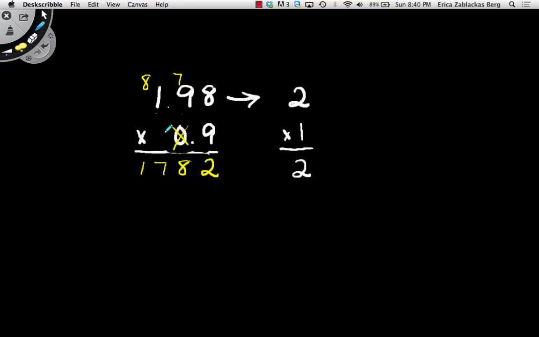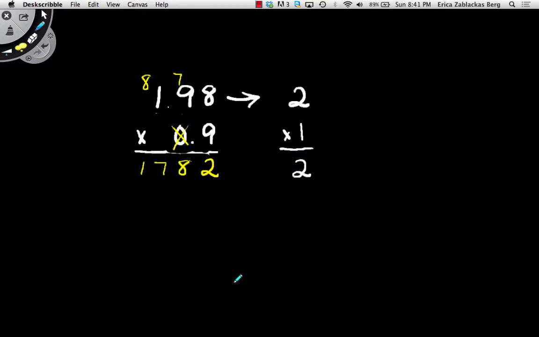Now if there was another number over here that was not a 0, we would have to multiply using the 0 as a placeholder, but since this is our last number to the left, we don't have to multiply with it. So this 1782 is our final answer. But it's not exactly correct because it doesn't have any decimal points in it,